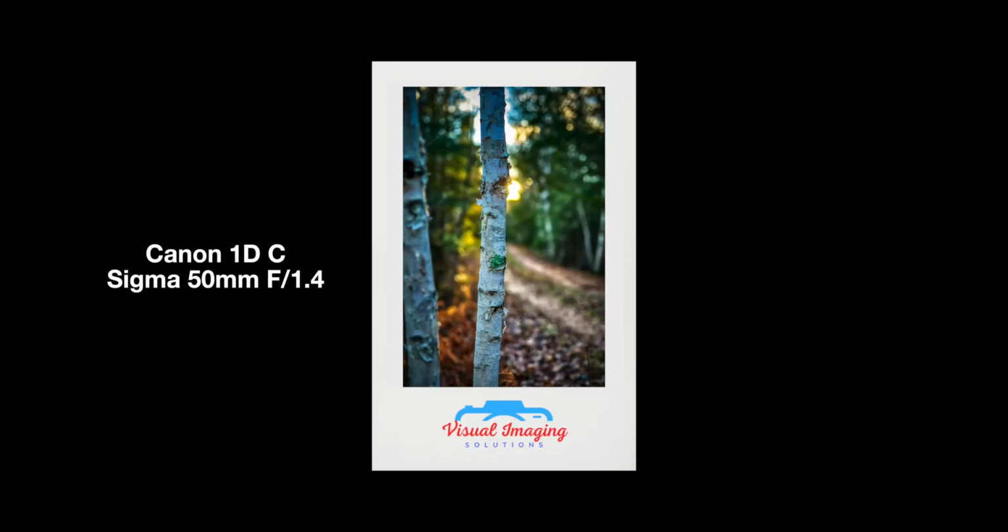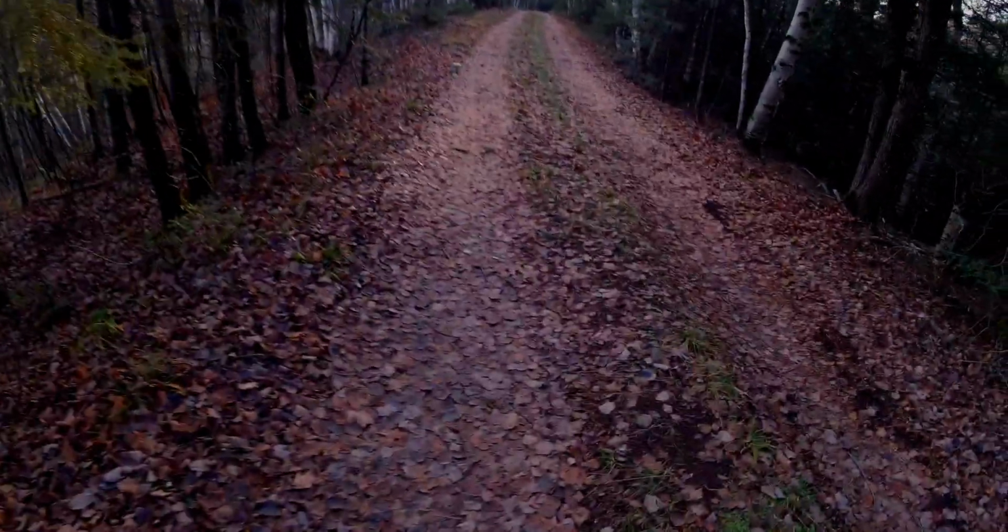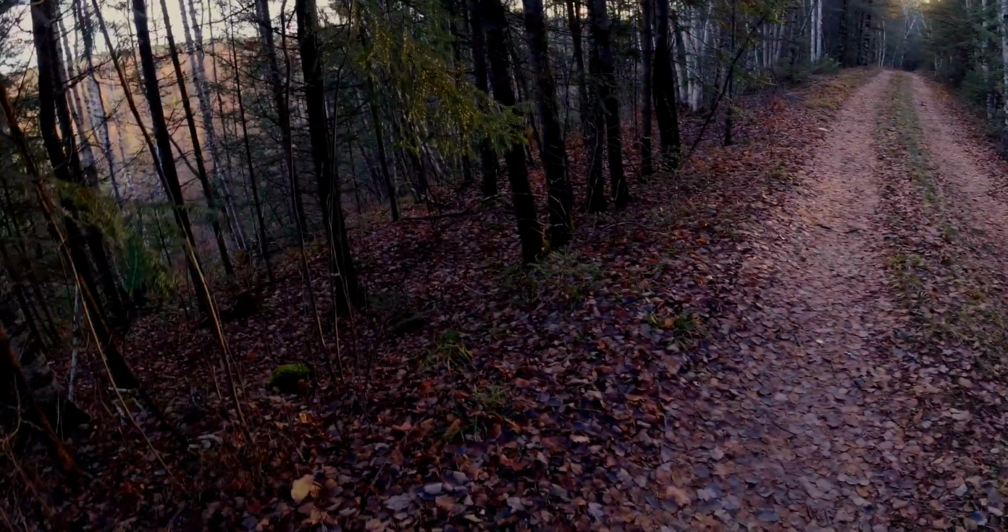Pretty cool. So that's well known to be one of the sharpest lenses you can use. Really? Yeah. So in just a few seconds, all that light just disappeared. Isn't that something? So there's a little glow yet right here. Little glow on the...